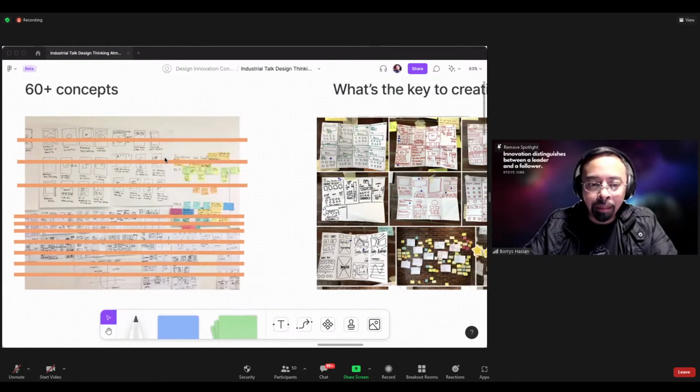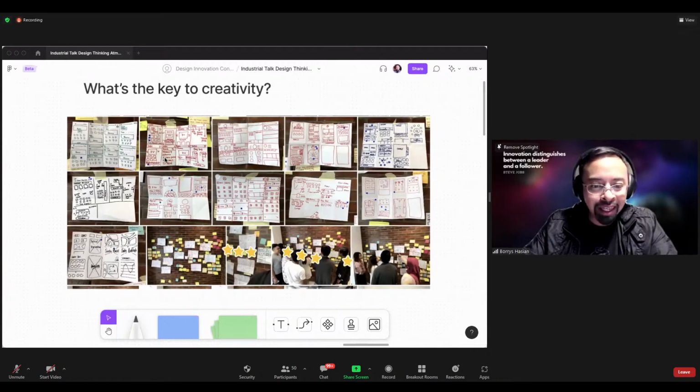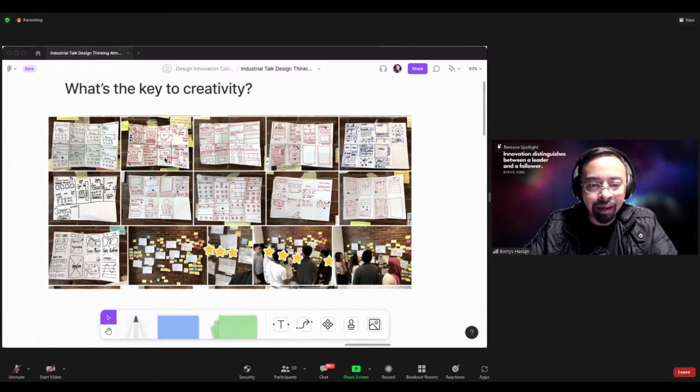Which brings me to the key to creativity. So what's the key to creativity? The key to creativity is pretty much coming up with a lot of ideas, just a lot of ideas. You don't really have one genius who will come up with the best idea.